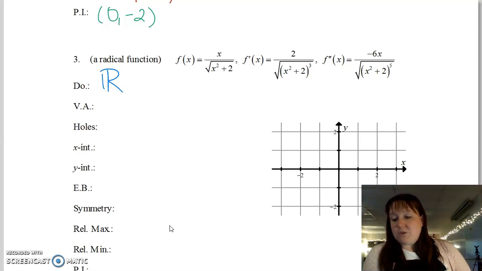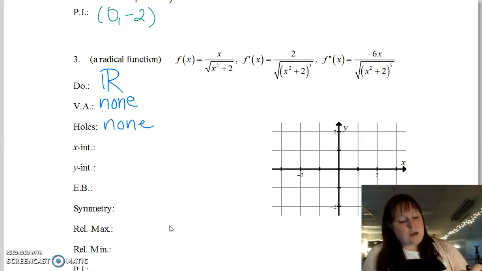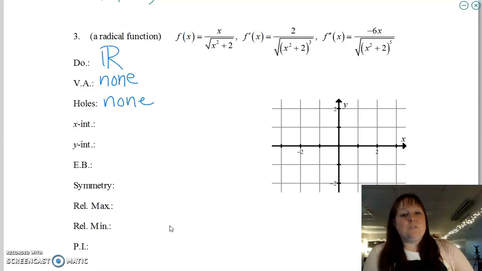Our vertical asymptotes, well, if our domain is all reals, we have no vertical asymptotes and we have no holes. Our x-intercept is going to be when y is equal to 0, and so that's when our numerator is equal to 0. And our numerator is x, which means that it is going to be,